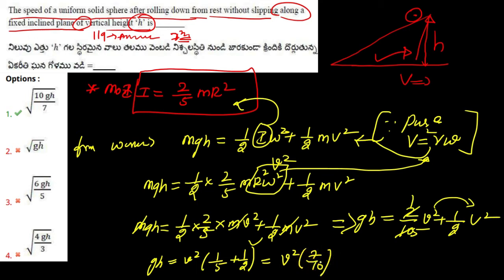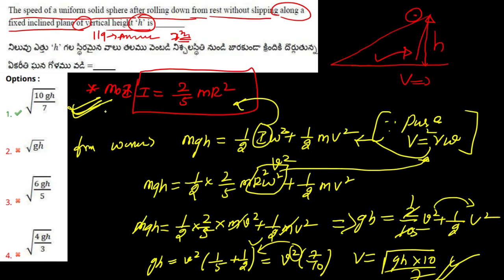So if I take this 7 upon 10 to the other side and the square to the LHS, then v will be equal to under root gh times 10 upon 7. So this is our answer. That is, option number 1 is our right answer. Hope that is